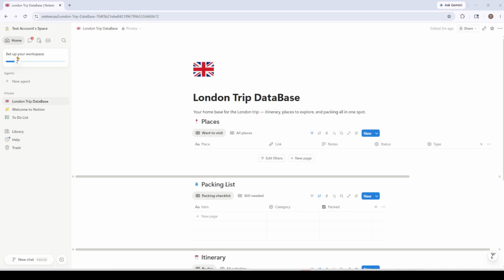In today's video, I'm going to teach you how to add a new property in Notion. If you're working with Notion databases, properties are the building blocks that store details about each item. Things like status, priority, due dates, or tags. Adding a new property is quick, and once you know where to click, you can tailor any database to fit